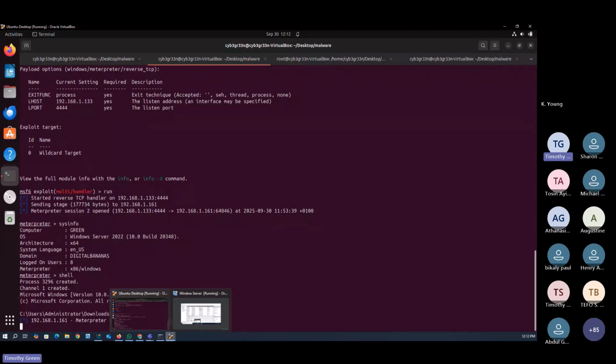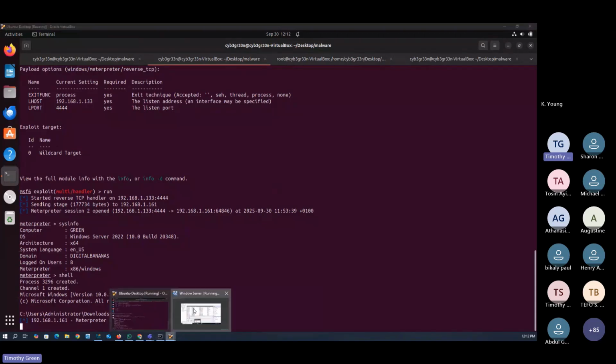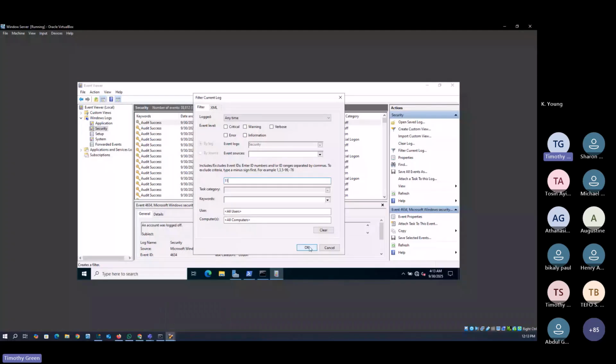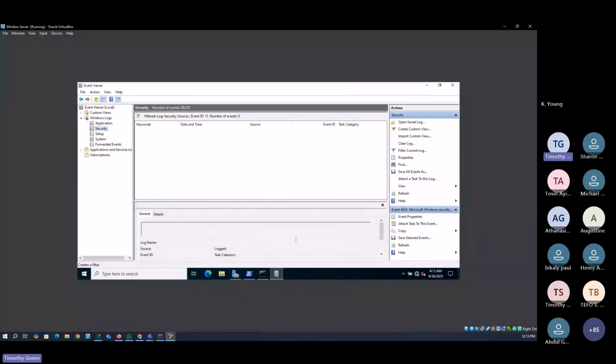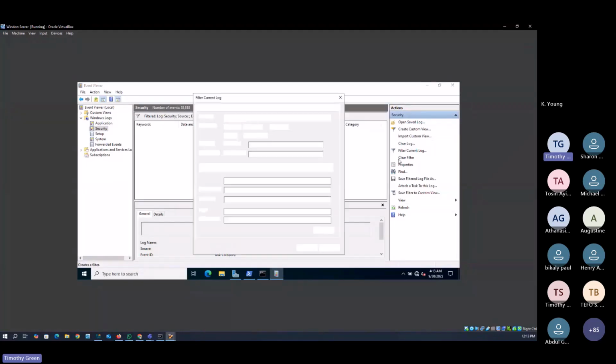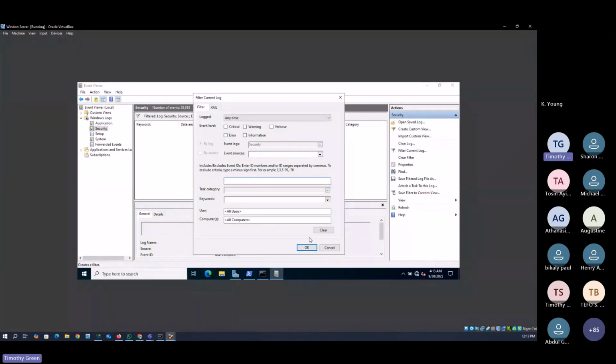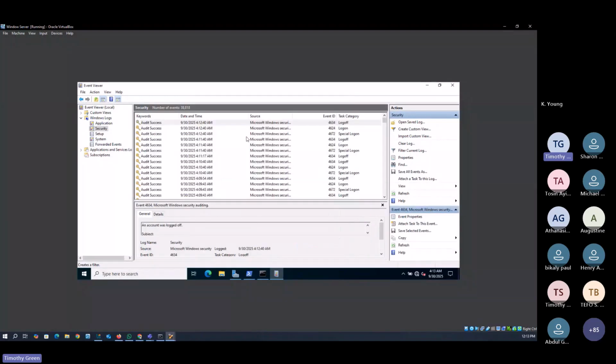So you can see these are the events. What I'm going to do now is quickly filter. I click Filter Current Log, specify 11, and click OK. So no event, as you can see, it returns 0. But hold on. Let me go back to the filter current log and remove this, just let it show everything. So what I can also search for here is